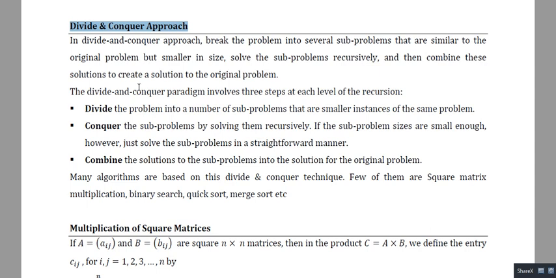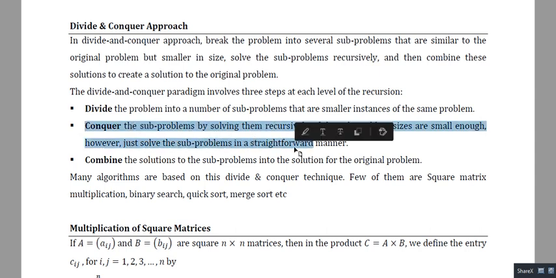Once the division phase is completed, we go for conquer. Conquer means we go for the actual solving phase, the solving of a smaller sub problem. Once we have conquered the individual sub problems, we get the final solution by combining the solutions of all the sub problems, right?